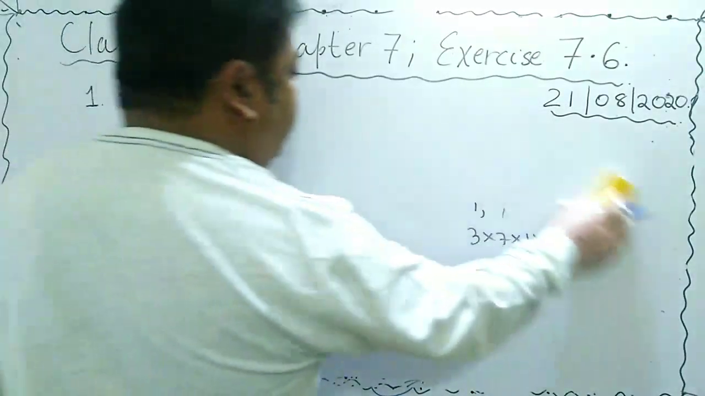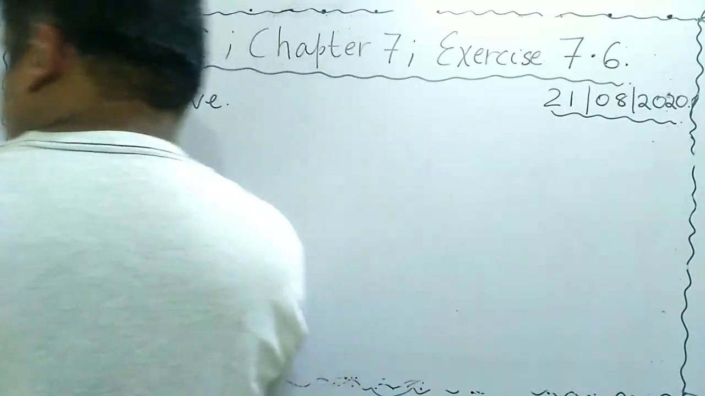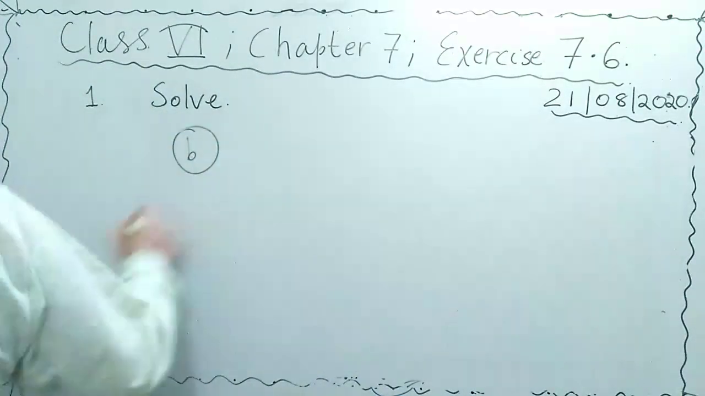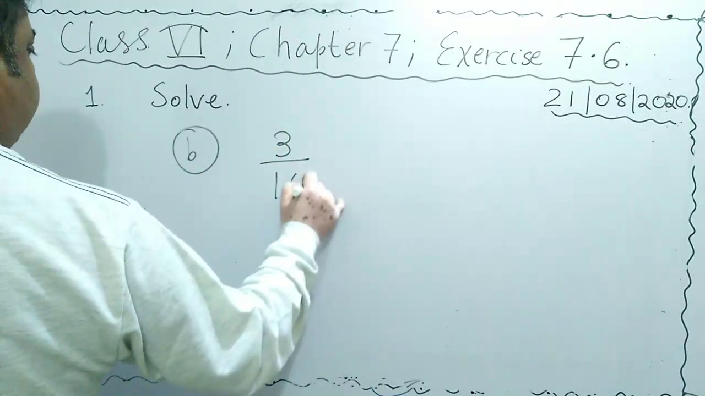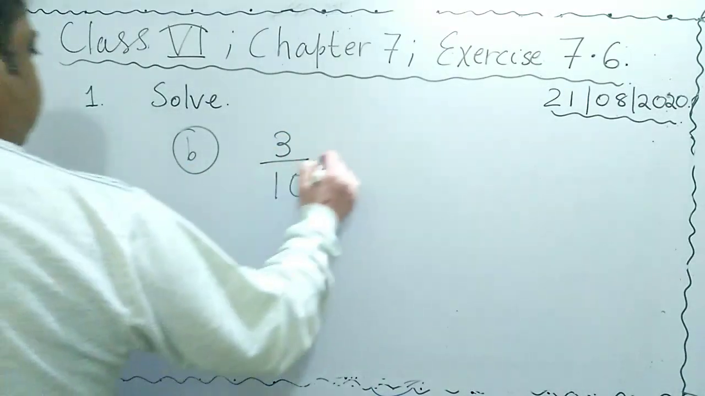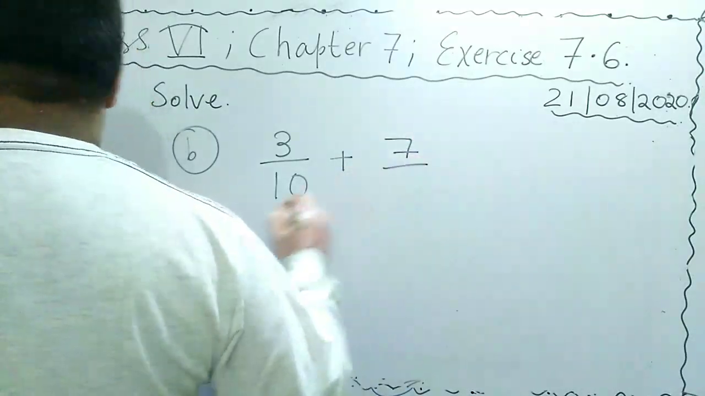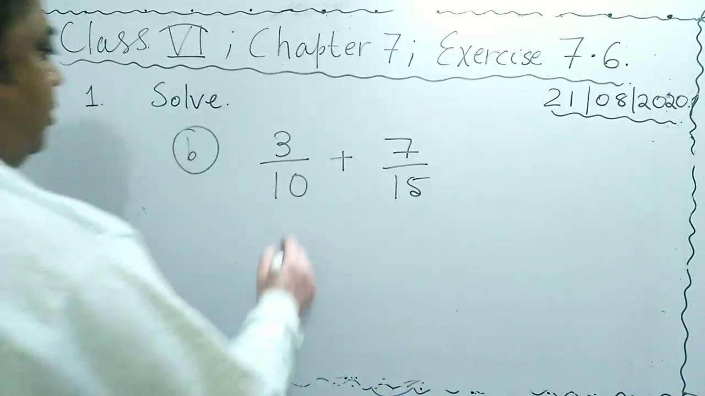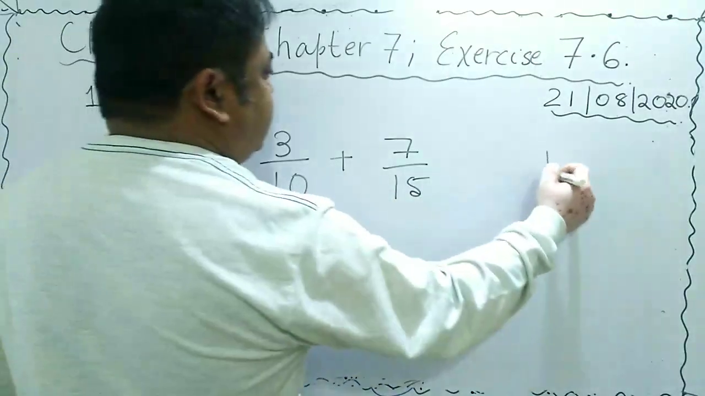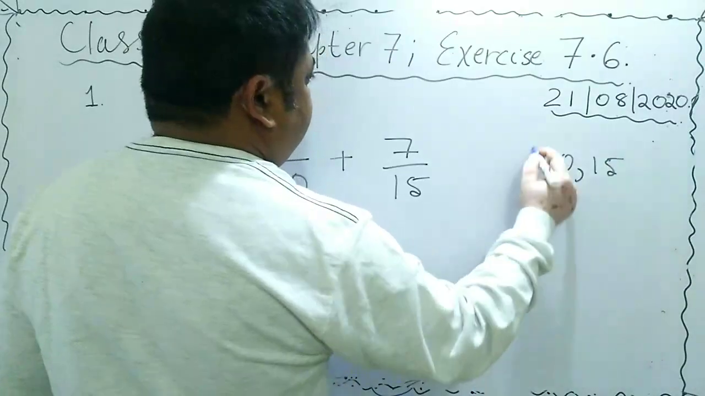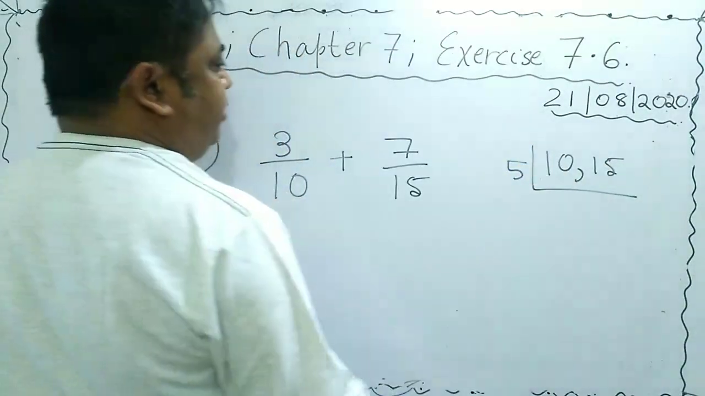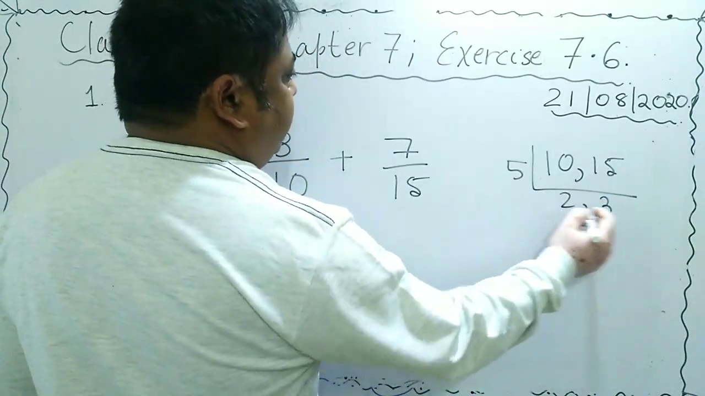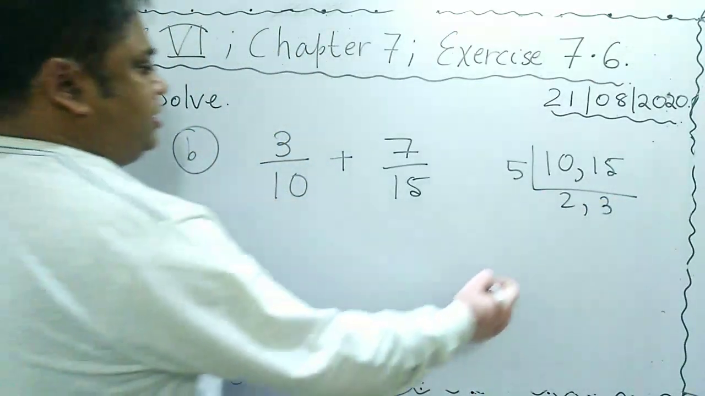Now we'll do question number B. Three by 10 plus 7 by 15. LCM of 10 and 15, we can see it here. First of all, we'll divide by 5. This will be 2 times, this will be 3 times. It cannot be divided any further, so LCM will be